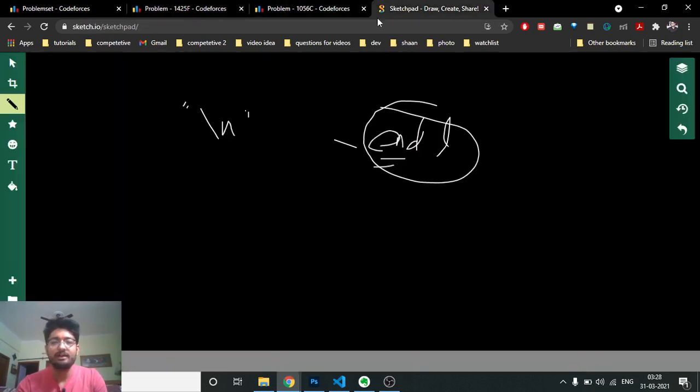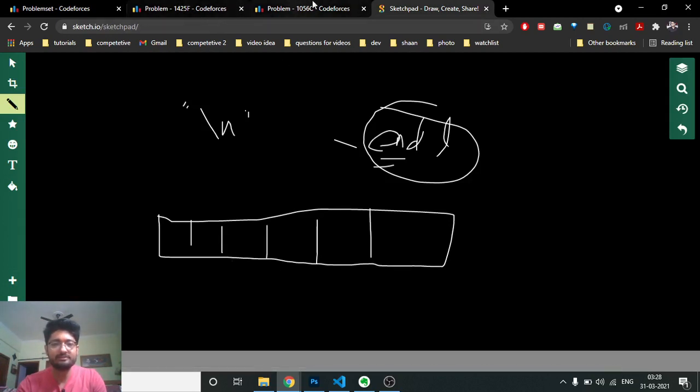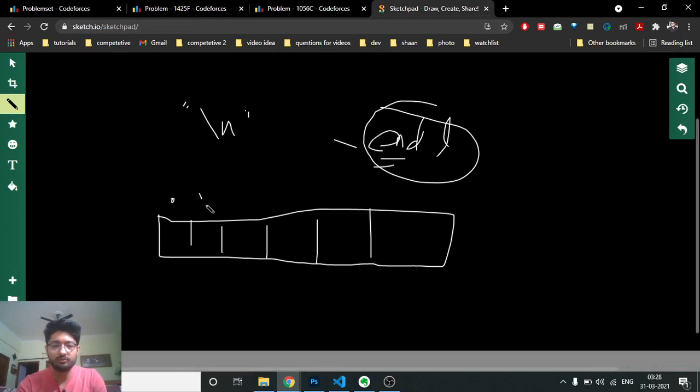So it means that there is some hidden array. You do not know the values. Let's say the hidden array is of size 6. Index it from 1: 1, 2, 3, 4, 5 and 6. So there's a 6-size array, and you have to find out the value of each block without actually asking the judge that value directly.